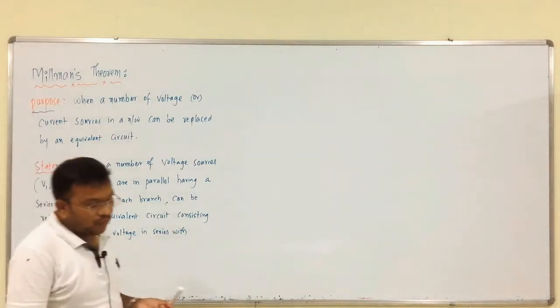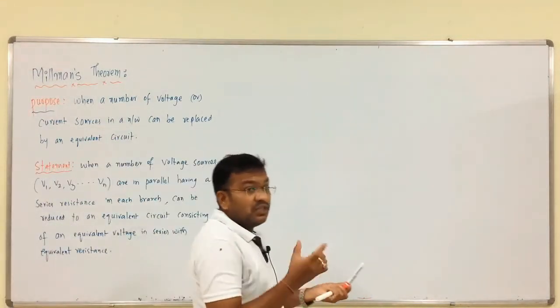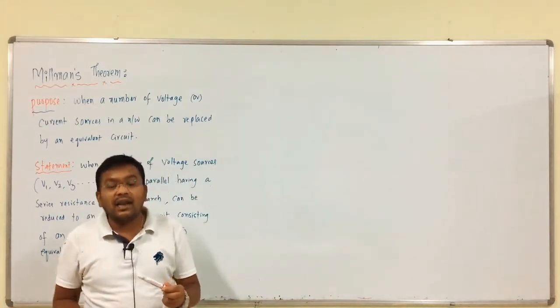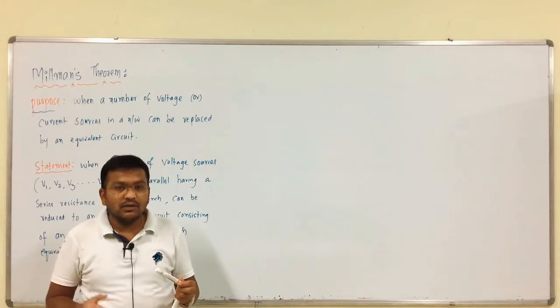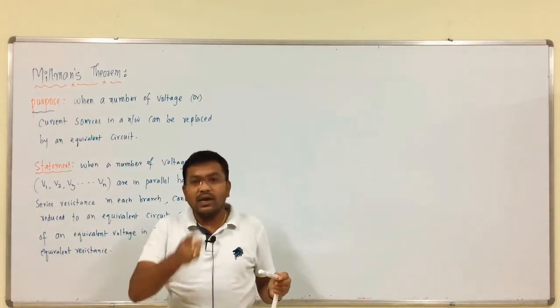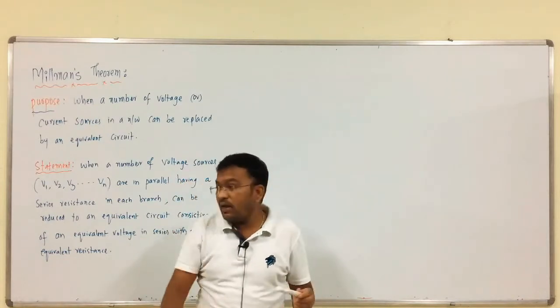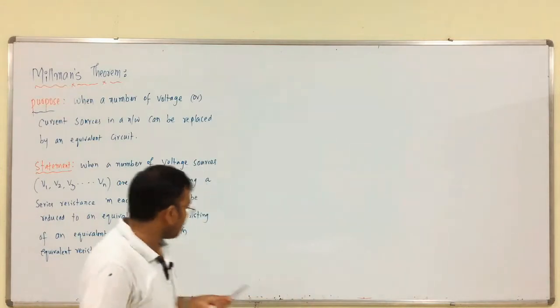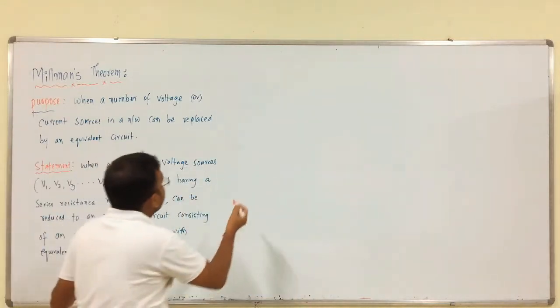That is it. So, when a number of voltage sources which are connected in parallel having series internal resistance in each branch, those networks can be replaced by an equivalent circuit consisting of an equivalent voltage source in series with equivalent resistance. That is, if we construct a circuit,